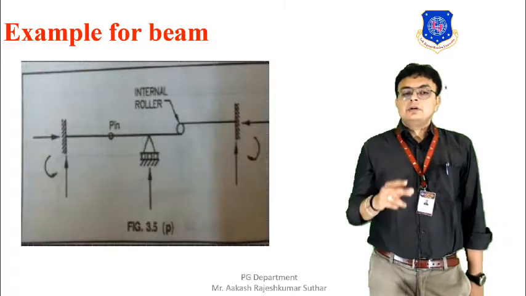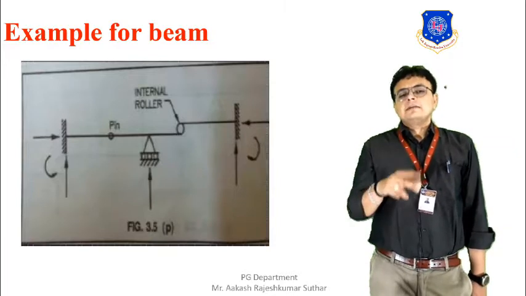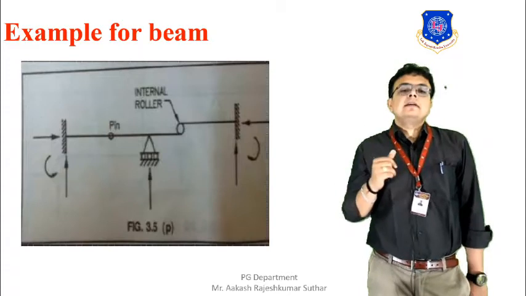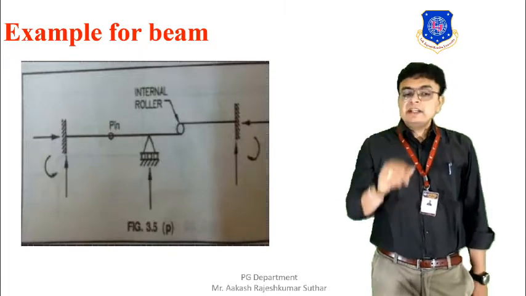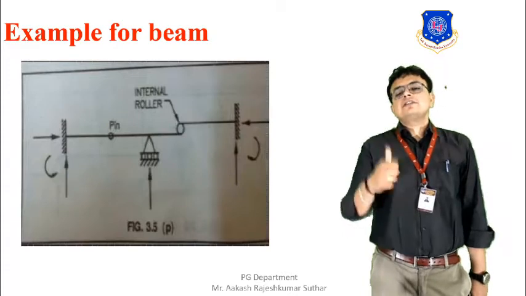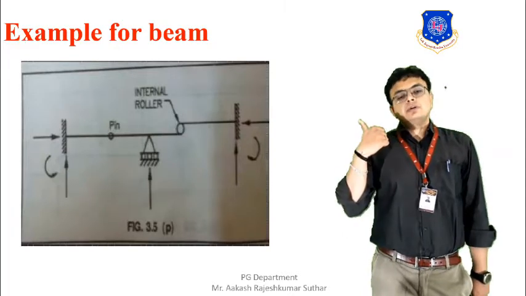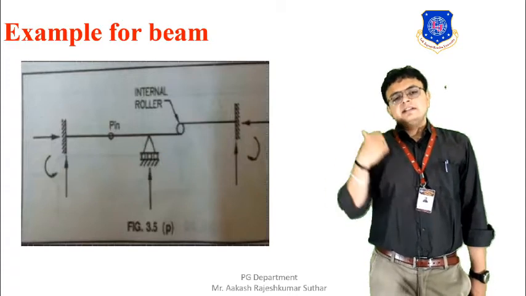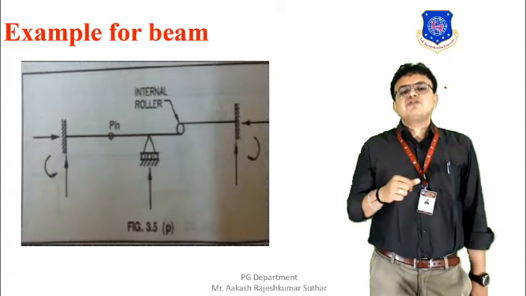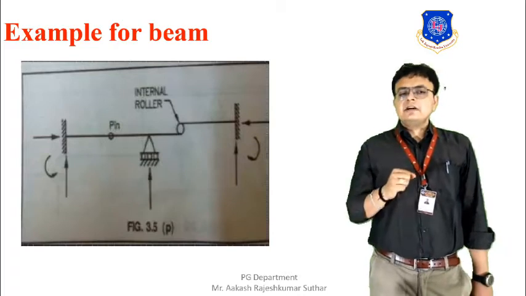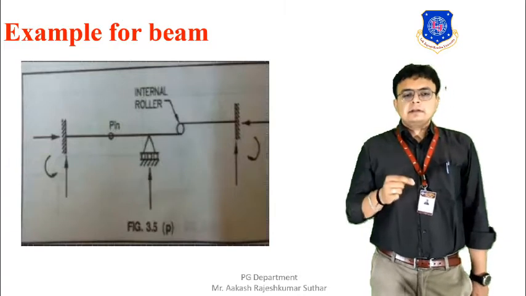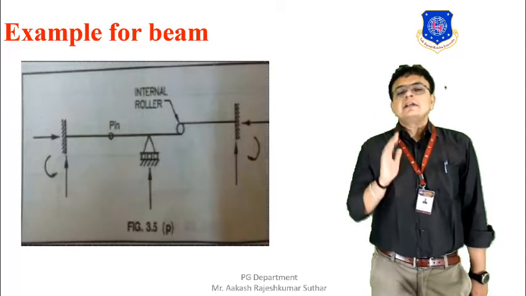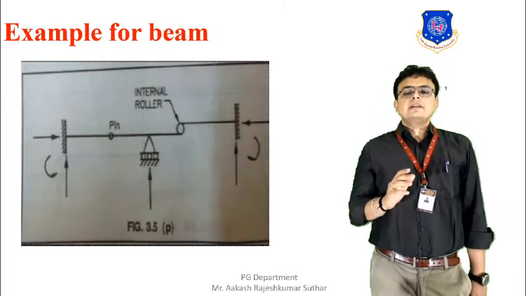Now, on one side, between the fixed support and the roller, you can see a pin. And on the other side, between the roller support and the fixed support, you can see an internal roller. It is also written over here that wherever the internal roller is there, it is designated in the figure. A similar kind of thing is also done for a pin. So this is the whole arrangement. Further solving this sum,